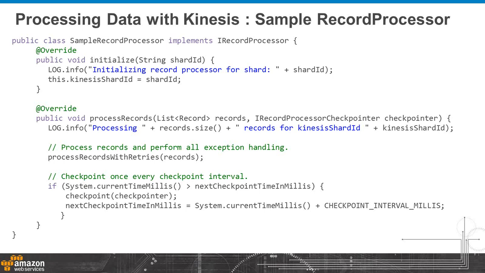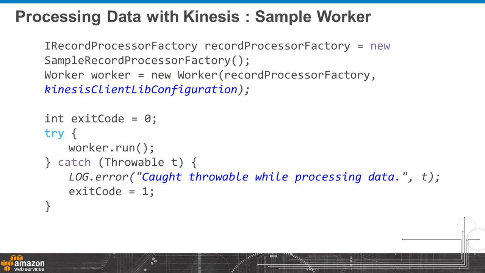This is a little code snippet that goes to show what it means to implement the IRecordProcessorFactory, which is the interface responsible for integrating the Kinesis client library and your application code. As you can see here, you can checkpoint, you can determine your checkpoint interval, and the client library will maintain that state on your behalf.